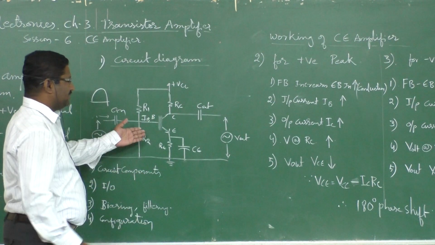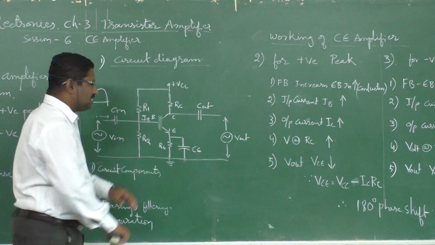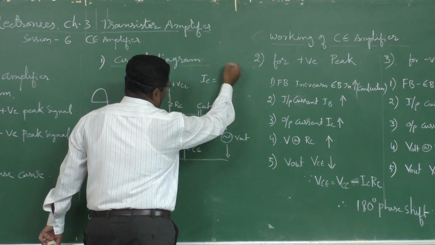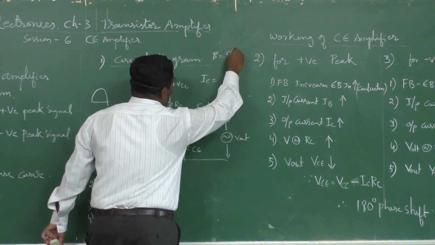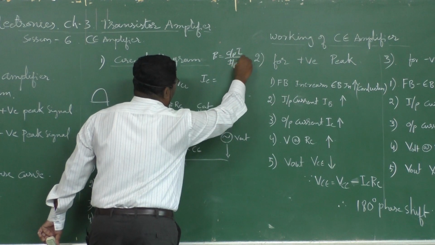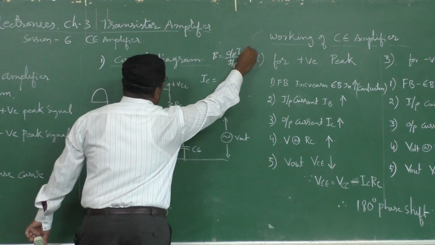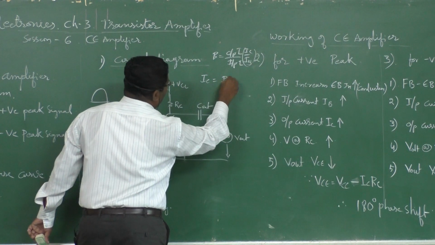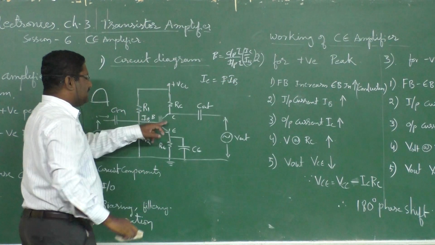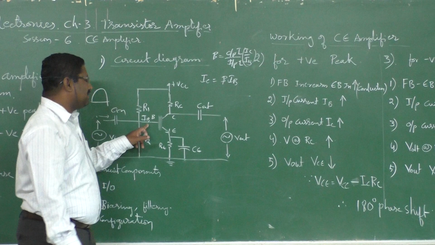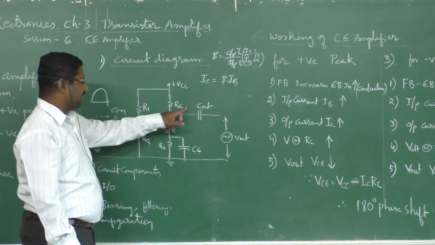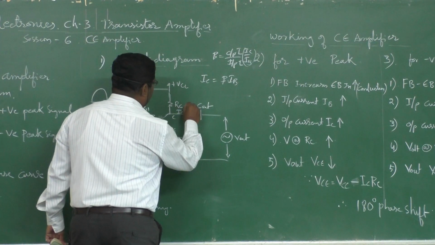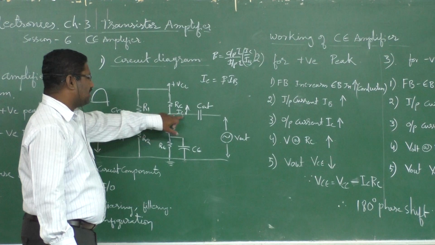When the input current increases, what happens to the output current? The output current also increases, because beta is equal to output current divided by input current, that is, beta is equal to IC divided by IB. So IC is equal to beta into IB. If beta is 100, then for IB of 1 or 2, IC will be 100 or 200. Consequently the output also increases. So when the input base current increases, the output current IC also increases.